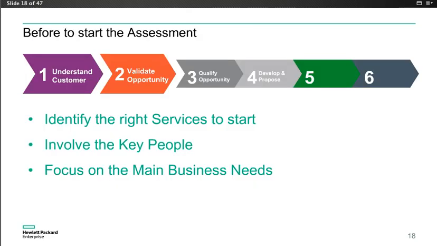Before we start with the assessment, it's good to understand the customer. Therefore, there are proven techniques that we have to identify the right service to start with,